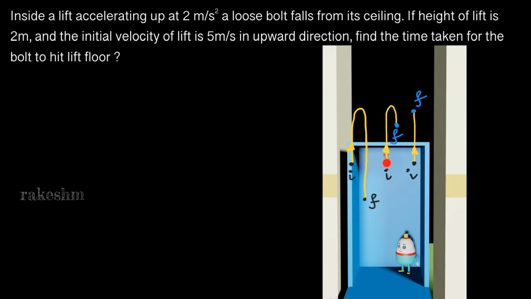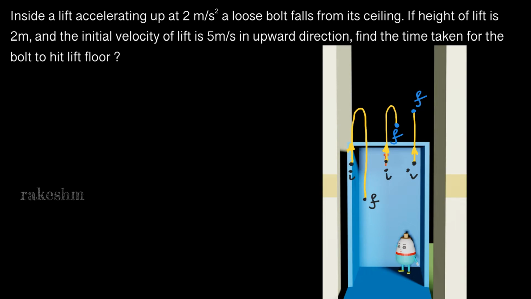In the second case, it starts moving up and it comes to rest and starts coming down. When it is at this point, the lift floor has come up and it has come in contact with the lift floor when it is at this point, right? In the third case, it is going up, and when it is going up, the lift has started moving up and it comes in contact with the lift floor when it is at this point itself. Now we can choose any of these three cases and start to proceed to solve the problem. For a person in ground frame, any of these three cases is possible.